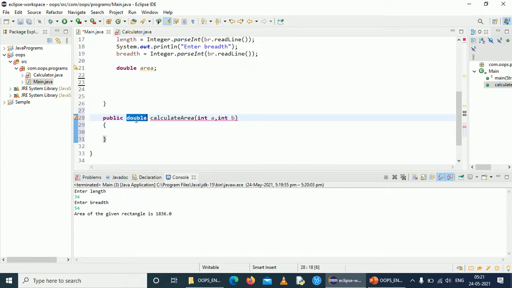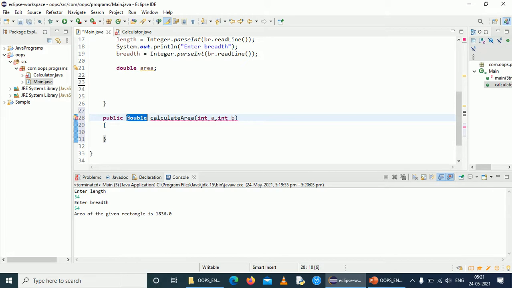Return type: as we already said, a method is a block of code written inside curly braces with a name, and it will do some work. Whenever it is called, it will complete the instructions given inside the code, and return some value if a data type is mentioned here. If I have mentioned double, it is supposed to return a double value after completing the execution.